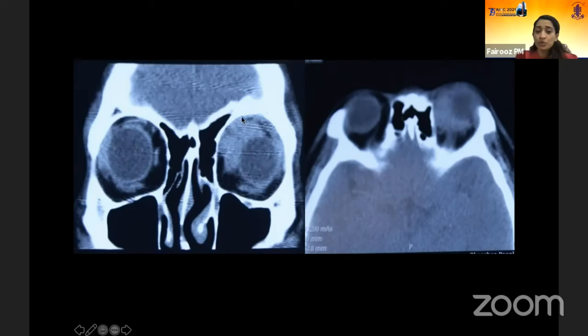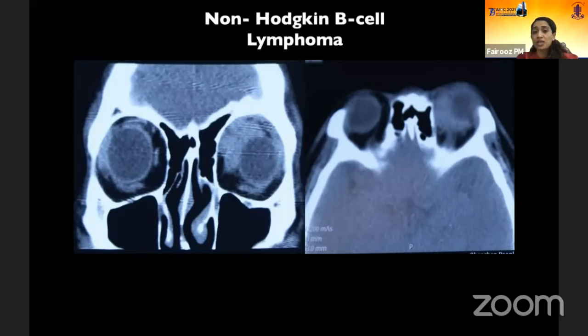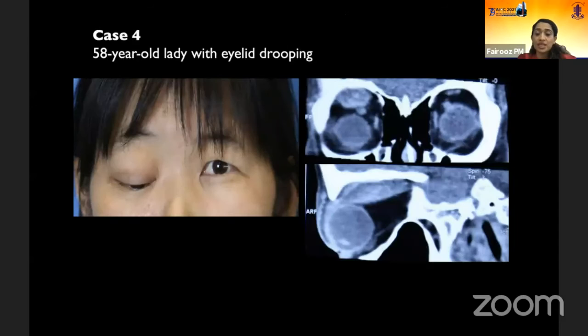You can see that supromedially the lesion is wrapping around, and even going almost lateral superiorly over the eyeball. And this in fact was diagnosed as non-Hodgkin B cell lymphoma, which was treated as an idiopathic orbital inflammatory disease for a long time. So these are the red flags: inflammation and infection can possibly be a neoplasia.